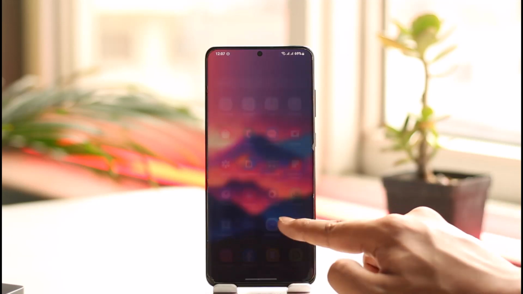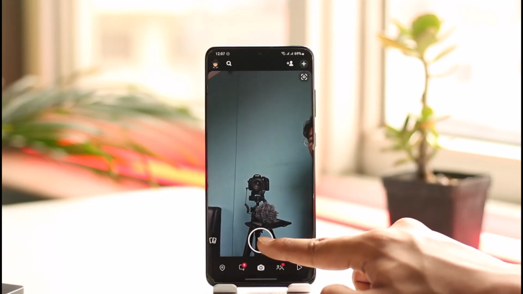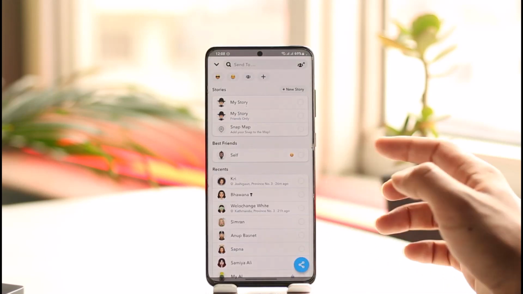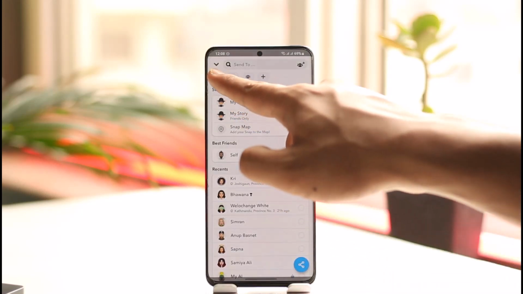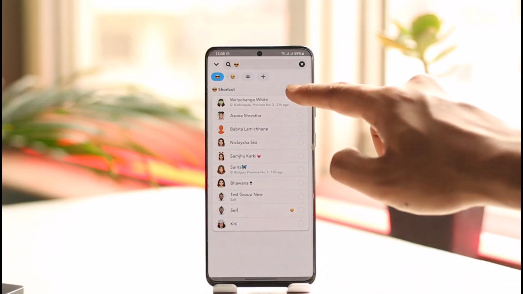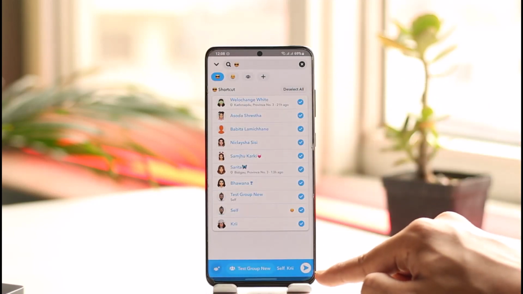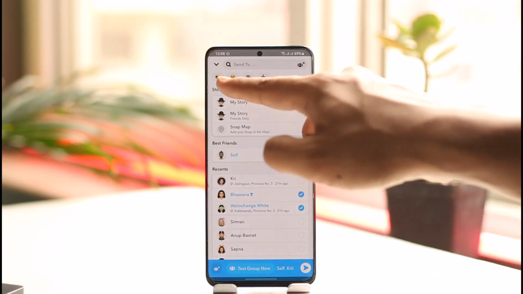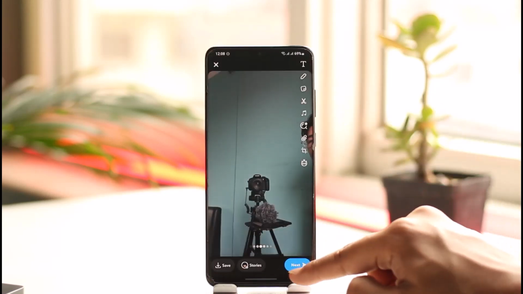All you have to do is open up the Snapchat app, take a normal snap, and then just tap the next option here. Normally, if you wanted to send this to your shortcuts, you would need to select them over here, and then you can just select them all and tap this little button over here to send this snap to these shortcuts. But let's say you have a shortcut, you want to basically go ahead and add more people